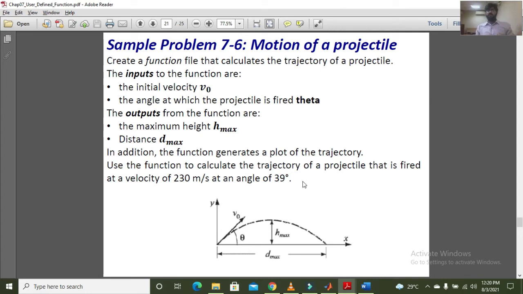So we have basically a projectile motion, and inside this projectile motion, the initial speed and the angle of projection has been provided, but I will ask the user to enter the input velocity and the angle.